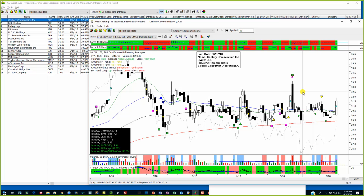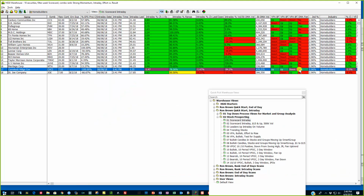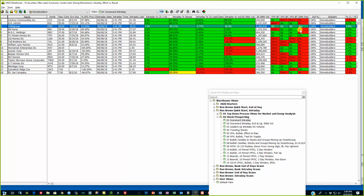Now, I like to look backwards. Tom Williams, who was the Trade Guider founder, he passed away last year, but he always said to look to the left when you're analyzing a stock. You want to see what's over here. There's resistance over here. So if I'm looking at that stock or looking at,